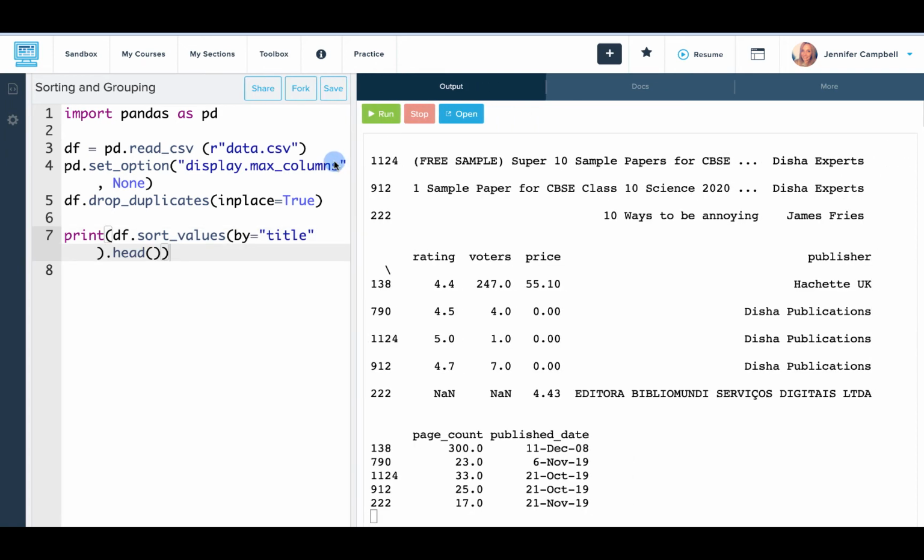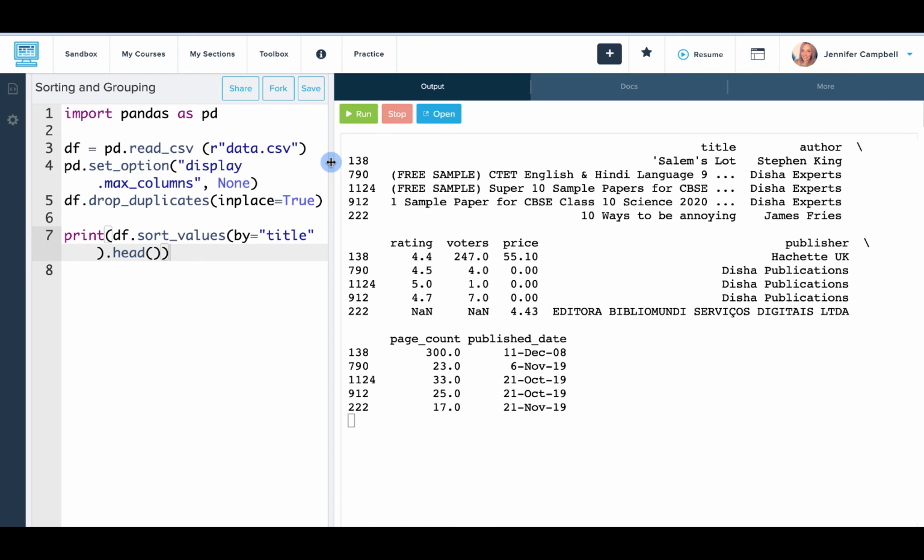We need a lot of space for this because that is a really long title. So this is hard to see at first, but this is sorted in alphabetical order. This title starts with a quote. This title starts with a parentheses. Then this one starts with the number 1, and this one starts with the number 10. So it's always going to list the titles or entries that start with symbols first, followed by numbers, and then